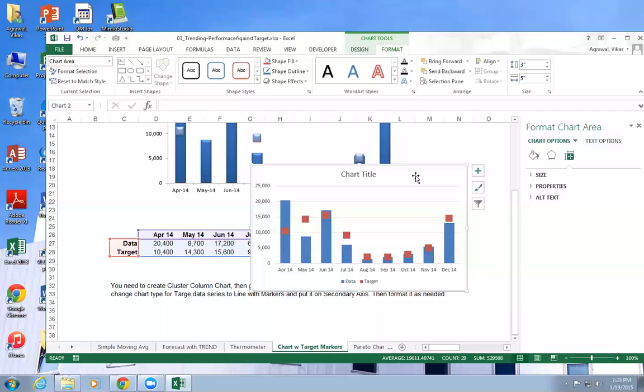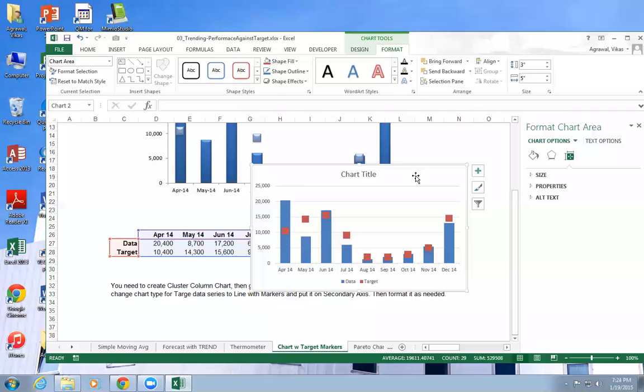So the target will always be forecasted, right? A month in advance or a year in advance. If you say 10%, that's kind of a rough estimate. Okay, we expect a 10% increase every year compared to the previous sale. So you compare where you stand using a chart like that.